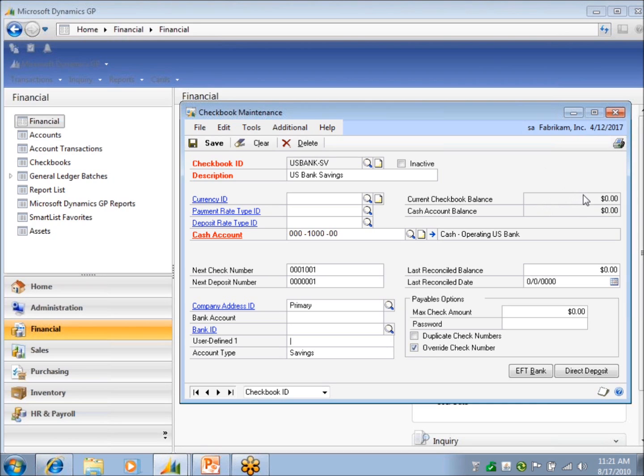The current checkbook balance, that's just going to be updated as I post transactions to my checkbook. Same with the cash account balance. As I post transactions and this account gets updated for this checkbook, my balance is going to change here. I can't manually change those. However,